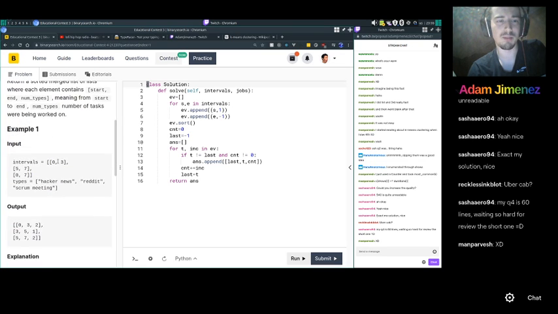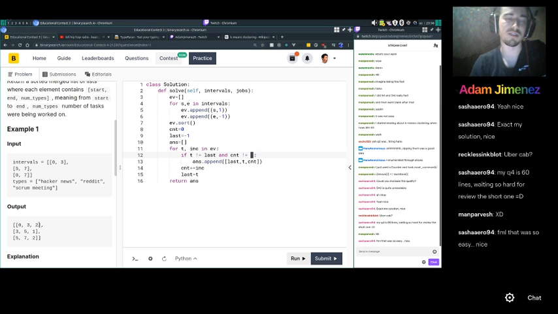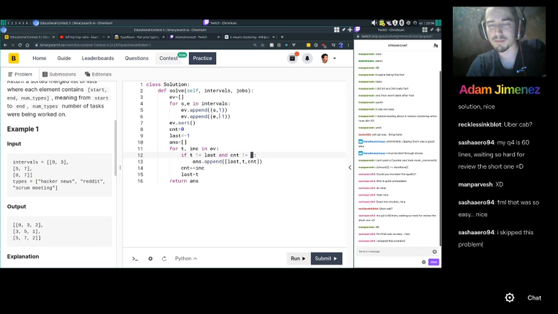If we look at the questions, each time the number of intervals overlapping over a certain range changes, you add a new interval to the output. So each time you have a new start or a new end, you have to add a new answer to the output as well. To keep track of the number of intervals at a certain time, you just do +1 each time there's a start and -1 each time there's an ending of an interval. And eliminate the ones where the running count is 0.